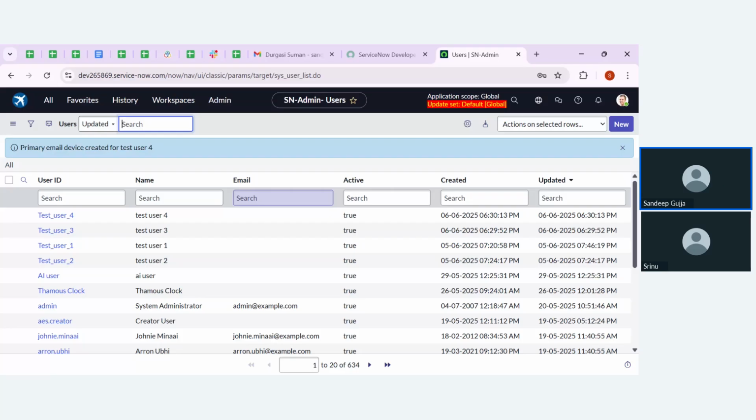Now, I consider that test user 1 is the most important person in my company. I want to give some roles to that person so that that person can work on something. So how can you add a role to a user? Now in the users, if I go to the test user 1,